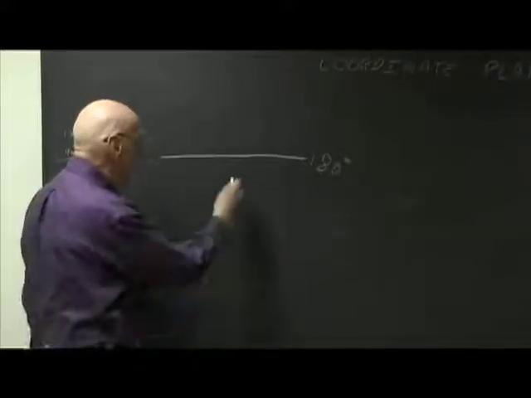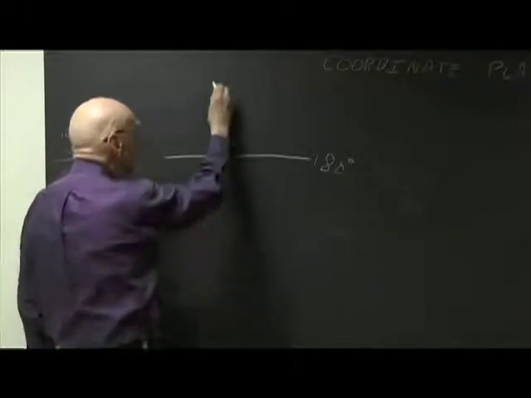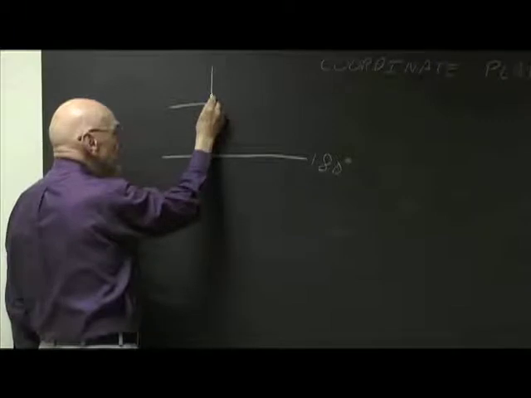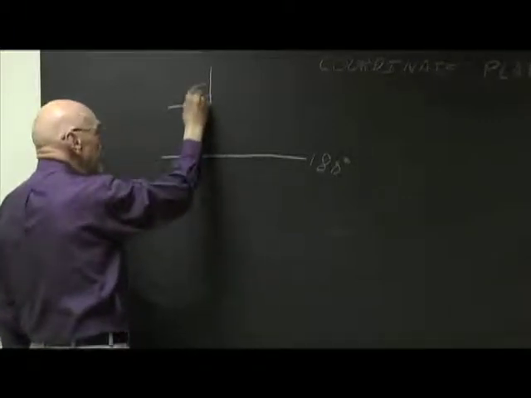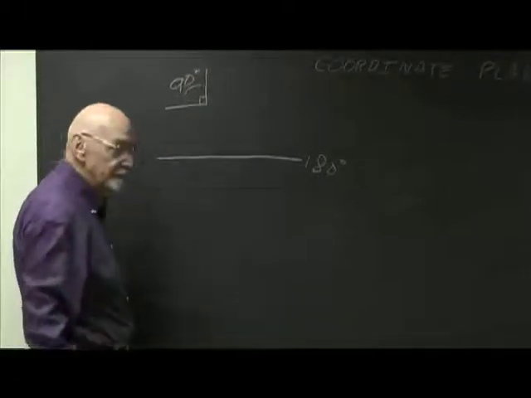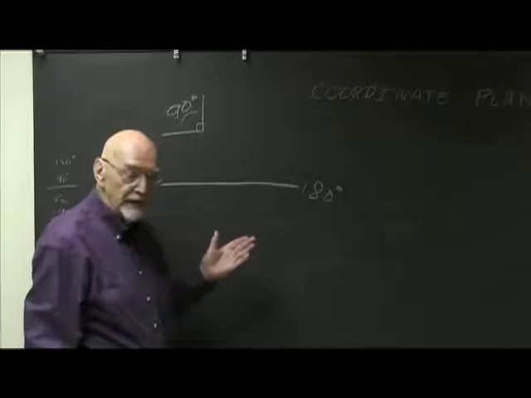And if it's an angle that goes straight up and has a little square in it, this angle is a 90-degree angle, called a right angle. These two you should recognize,